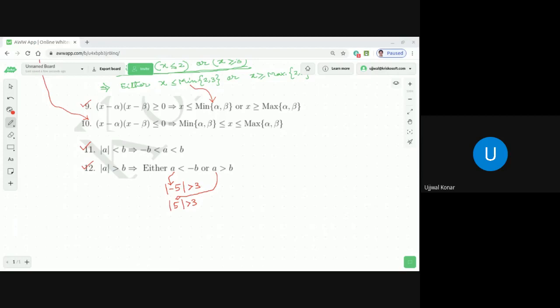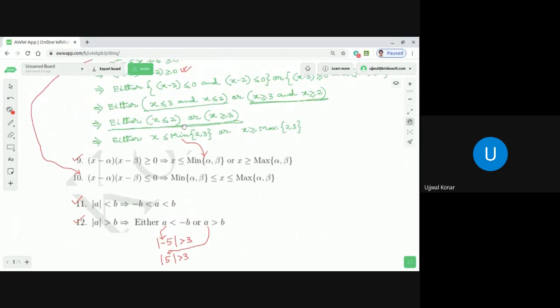Sir, I have one doubt. Like in the previous one, either x less than minimum of, do we leave it in this form or take minimum of 2 and 3? Okay, good. The point is that, as I said, alpha and beta are symbolic number representations here, for example 2 and 3. If you get proper values of alpha and beta like 2 and 3 in our examples, definitely you should write it like this. Let me show you. You are talking about this thing now. Definitely you will write this, not this.